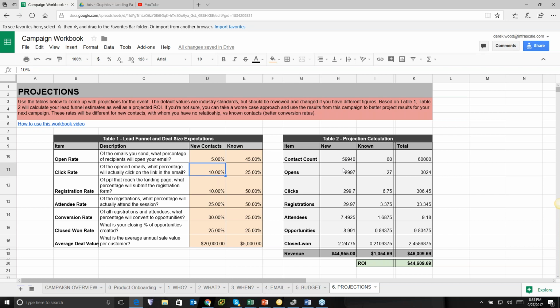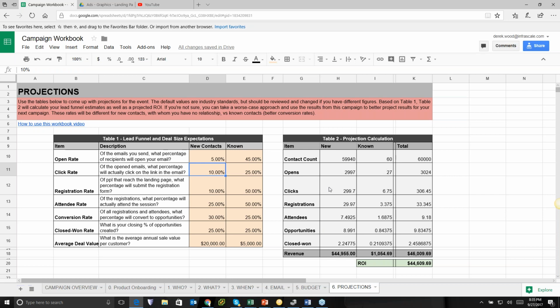So when you look through this, what I've done here is taken the information we had in the other pages as far as who we're marketing out to and how many contacts you have, and we are projecting what a potential ROI for this event could be. And I decided last minute, you know what, I'm just going to show for the whole funnel. Why not? So at the risk of complexity, you don't have to touch any of this stuff.